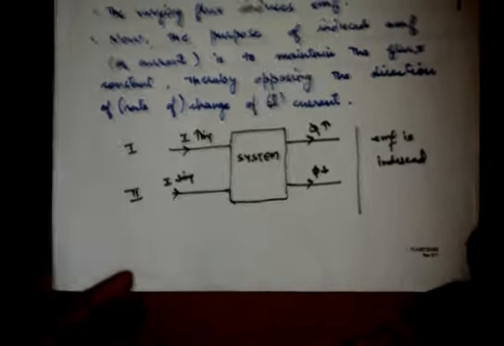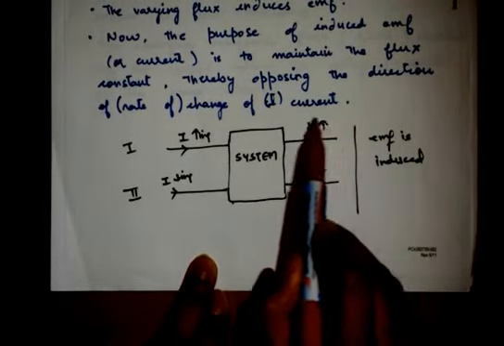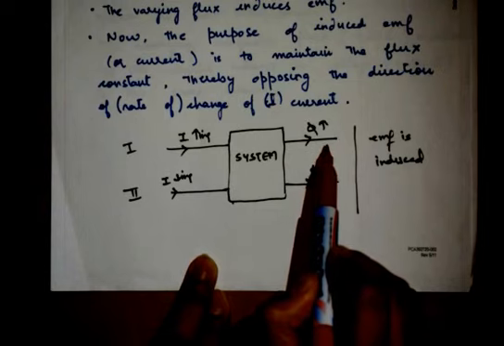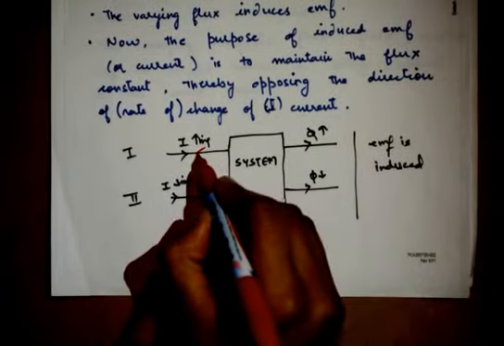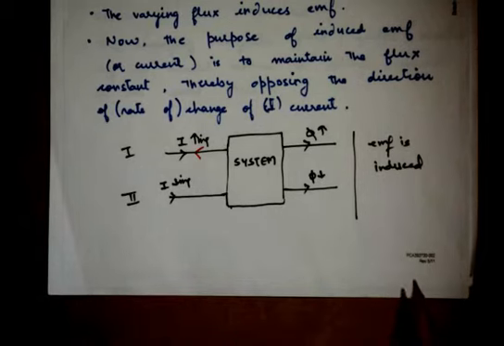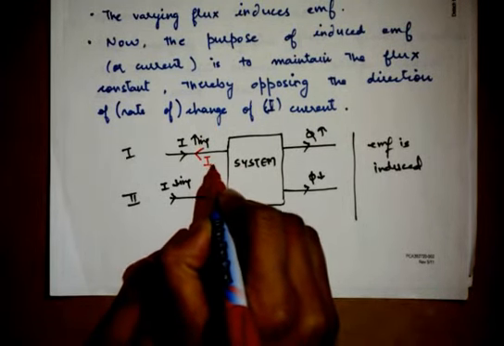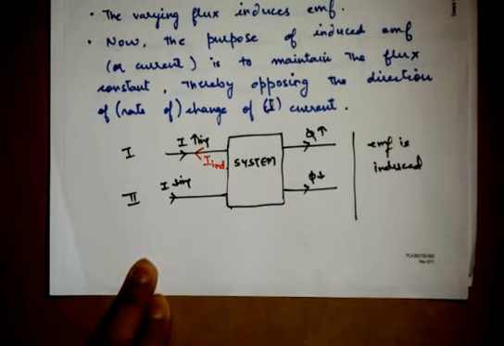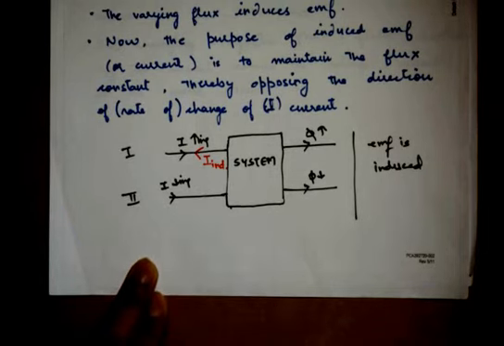Alright. So let's look at the first case. Here we have an increasing flux. That means the induced current is going to oppose the direction of the original current, so that it can decrease that amount of flux which has increased. So therefore this current, suppose this is an induced current, is going to oppose the direction of the original current.